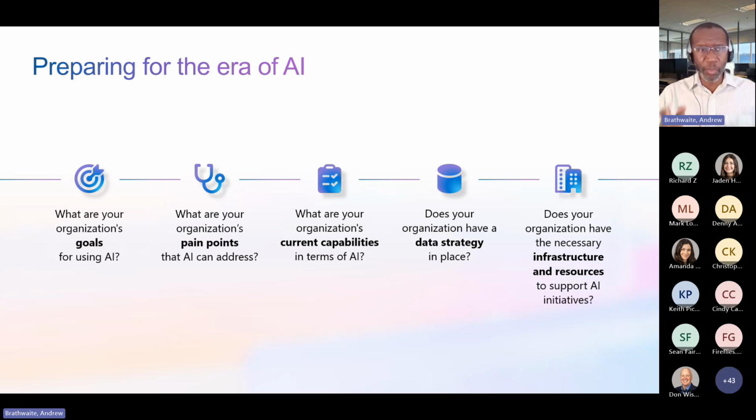Make the lips move, and there's all other kinds of technology we won't need to get into here. But because of that, what are your organization's goals for using any of this technology? What are your organization's pain points that AI can address? What are your organization's current capabilities? Data strategy has to be looked at, infrastructure and resources. All of these things, or at least as many as possible, are things that you want to take a look